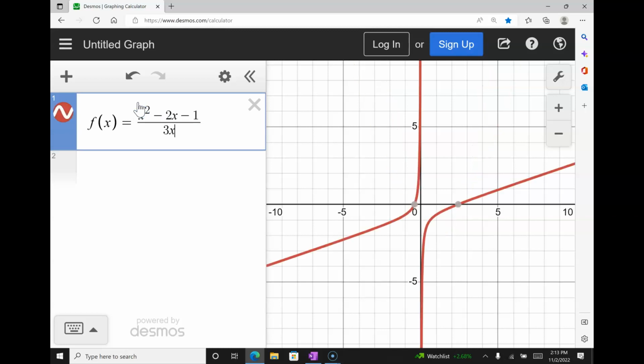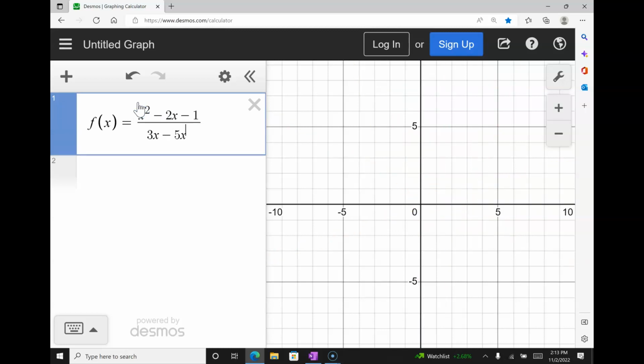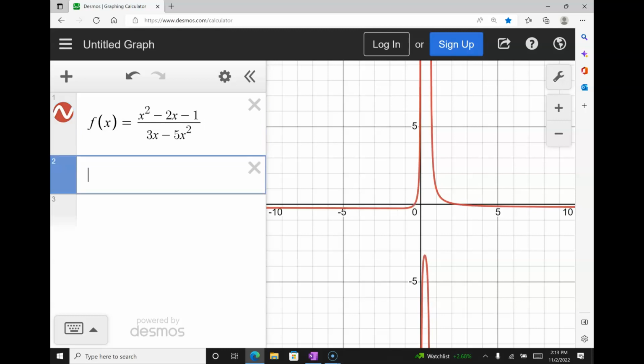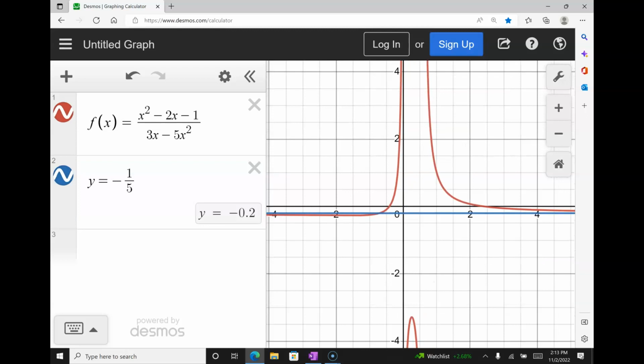3x minus 5x squared. And what's weird about this is there's not much to do, right? So you think, well, I must be doing something wrong if there's not much to do, but you want to put words down on the paper. You want to put something down that shows me that you have an understanding. If you just have minus 1/5 on the paper, how do I know where you got it from? So I want some kind of understanding. But if I graph y equals minus 1/5, you can see on my curve that my